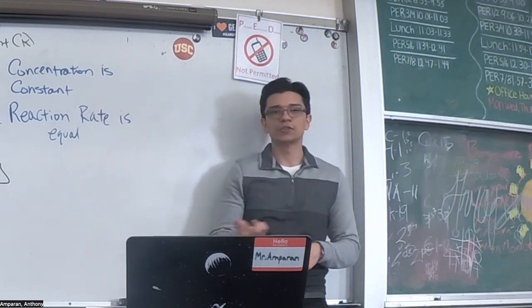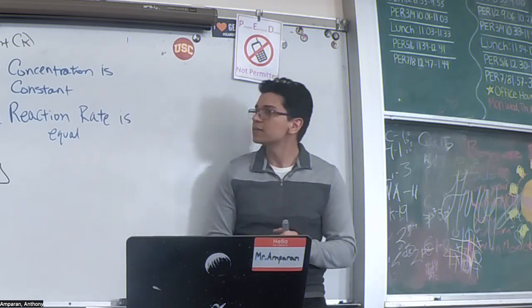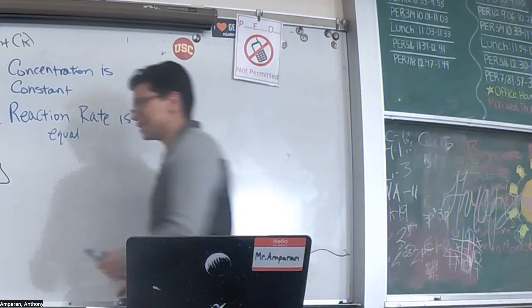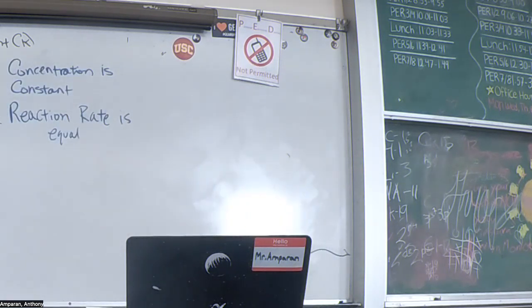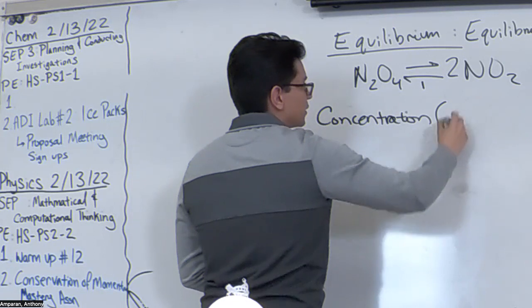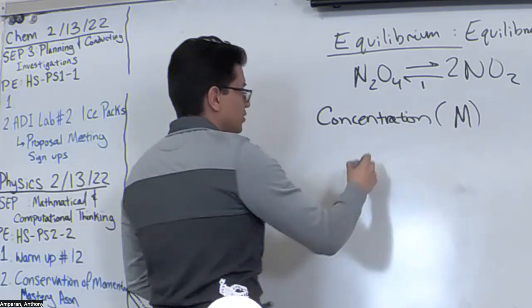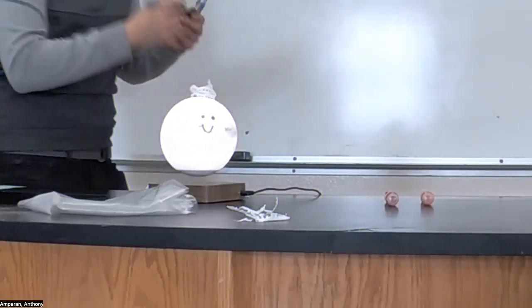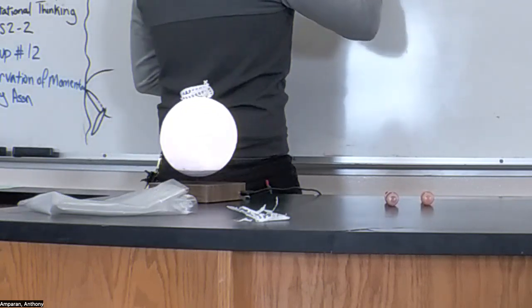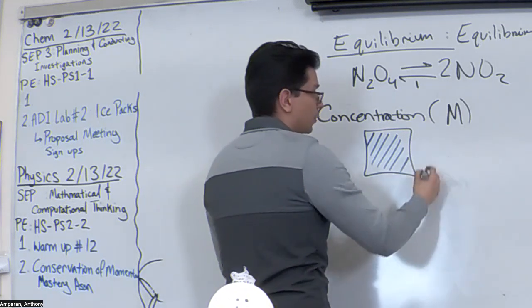We've got to jump into this concentration part because a big part of equilibrium reactions is all about following these concentrations. So we have to talk about what concentration means. When I talk about concentration, you're going to see me use the letter M. When we talk about concentrations, you can think about a container. And if I have a certain amount of water, this water would be